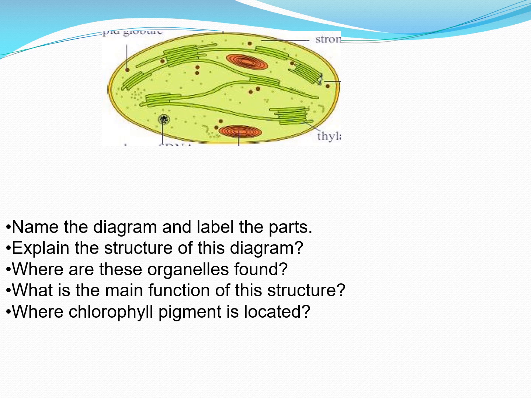First question, name the diagram and label the parts. It is the structure of chloroplast. It is the diagram of chloroplast, and the labelings are two membranes, outer membrane and inner membrane, and the fluid-like structure called stroma, and granum. One structure in the granum is thylakoid membrane. Loop of DNA, starch grain and lipid globules are also observed in the diagram.